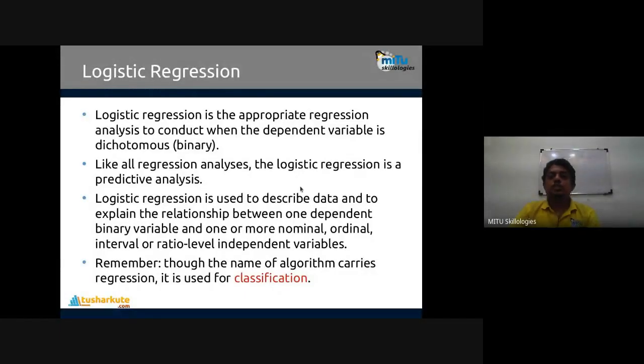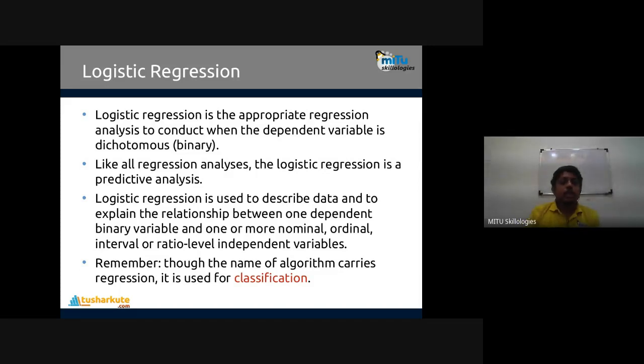Now see, logistic regression is also one of the most important types of regression technique, again a special case of linear regression. Logistic regression is the appropriate regression analysis to conduct when the dependent variable is dichotomous, that is binary. The output variable is binary. Like all regression analysis, logistic regression is a predictive analysis.